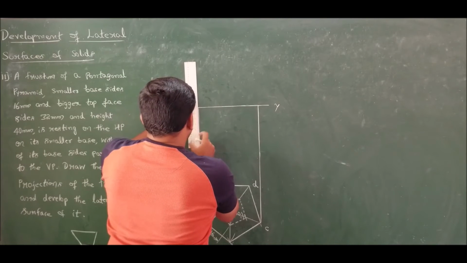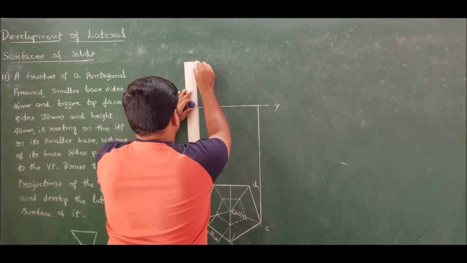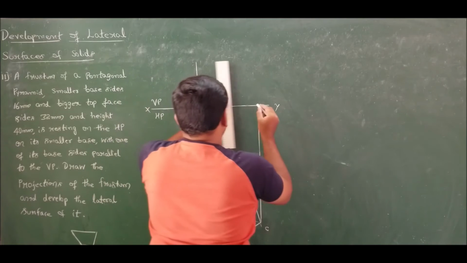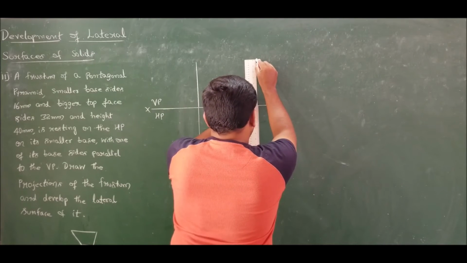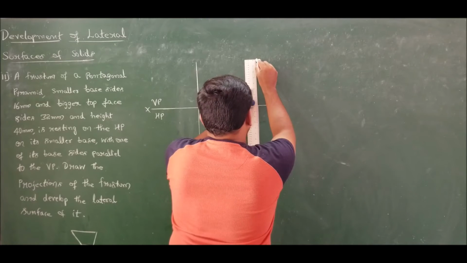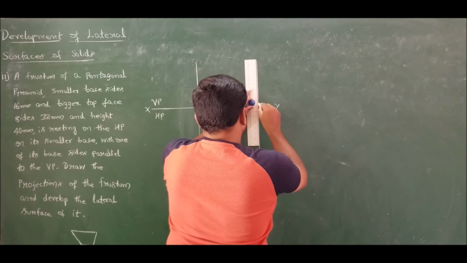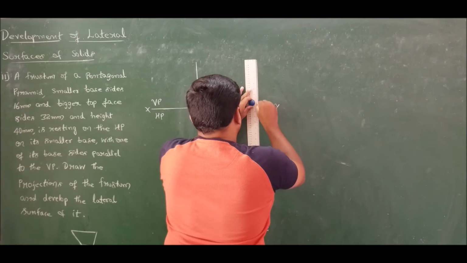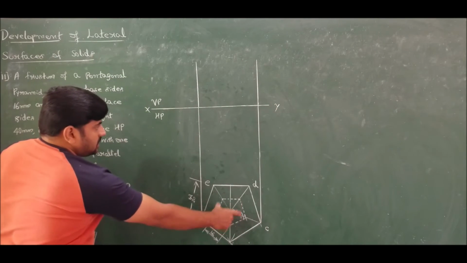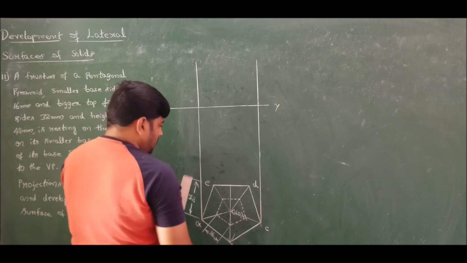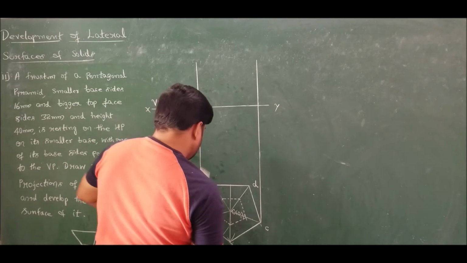So draw 40 mm height. Now this is the bottom face. So take projection from the extreme corners. Let us call this as